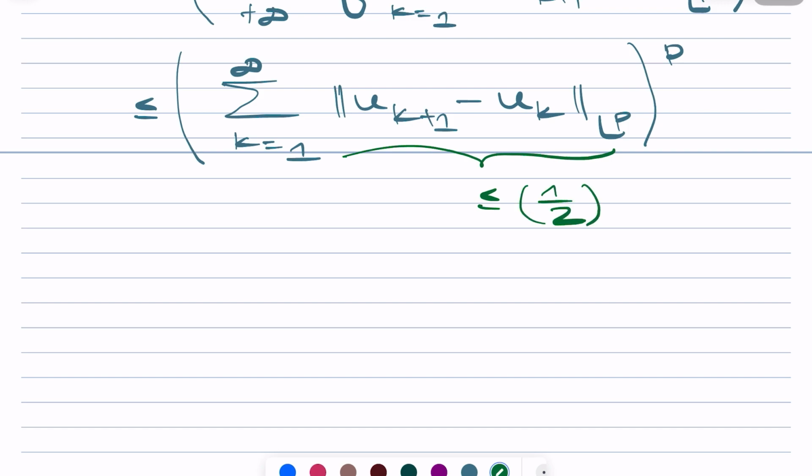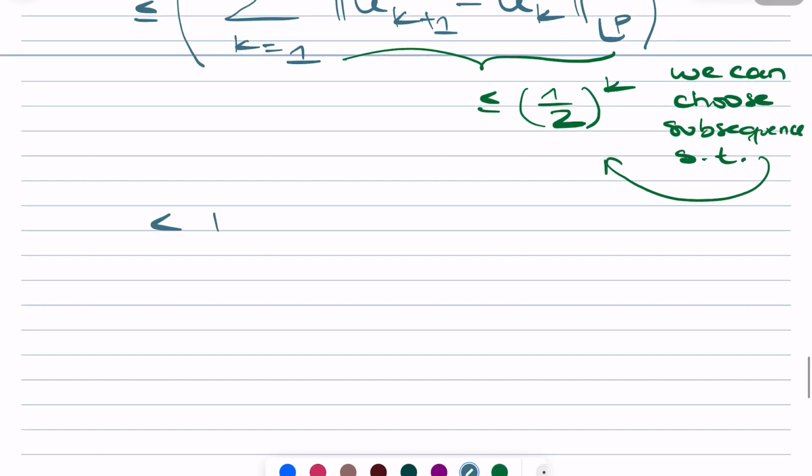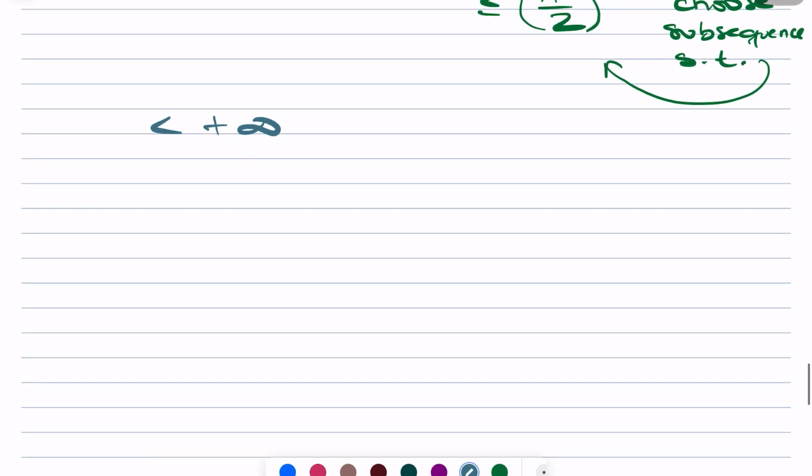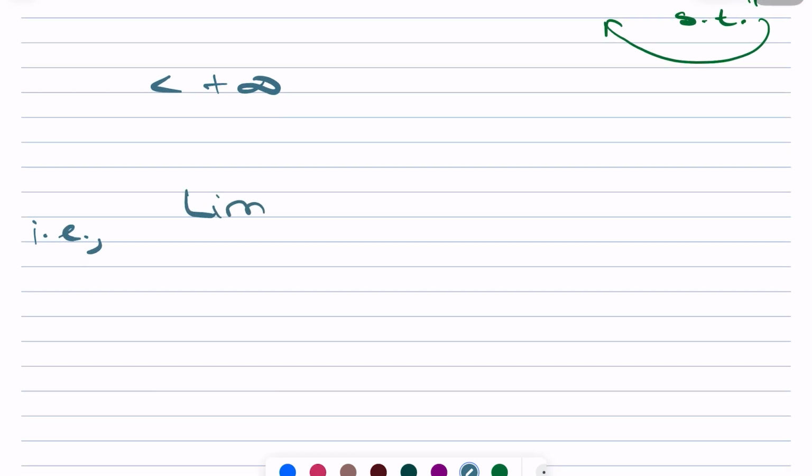So we can choose a subsequence such that it is less or equal than, you put an arrow on this side, and this is actually finite. Okay, so basically this means that the limit of dn of x